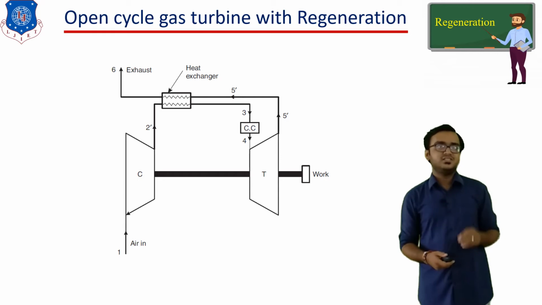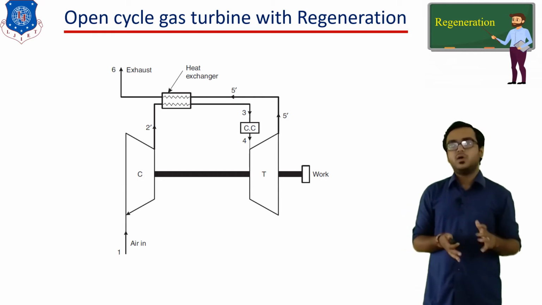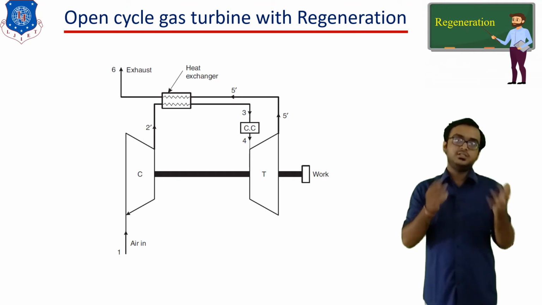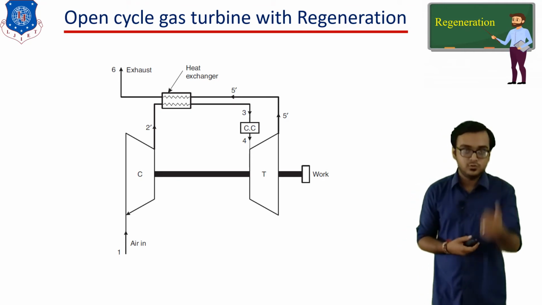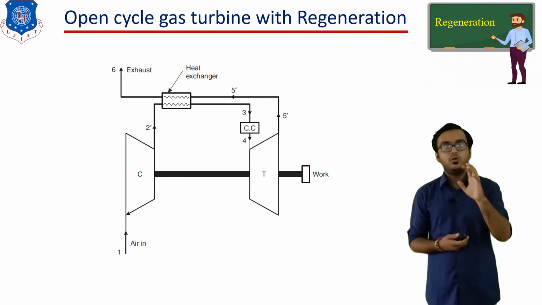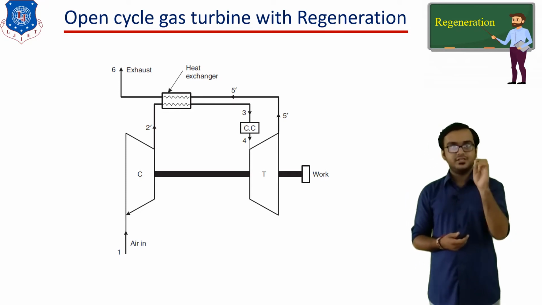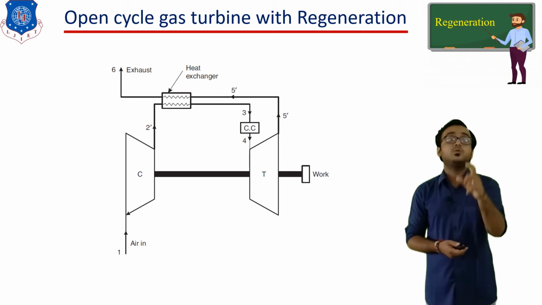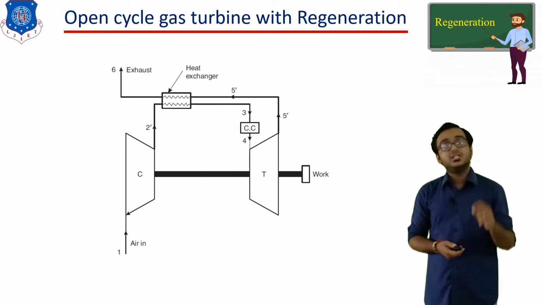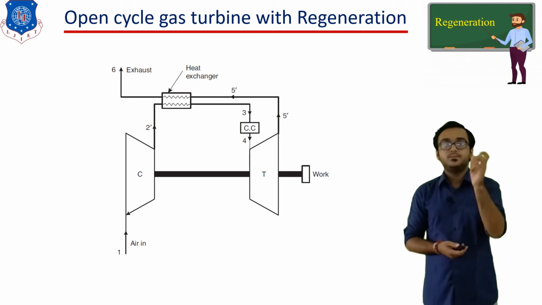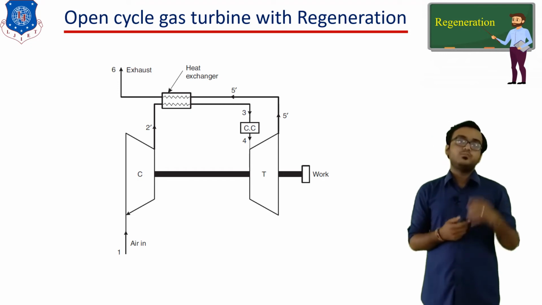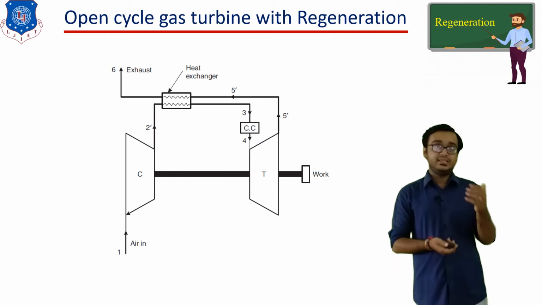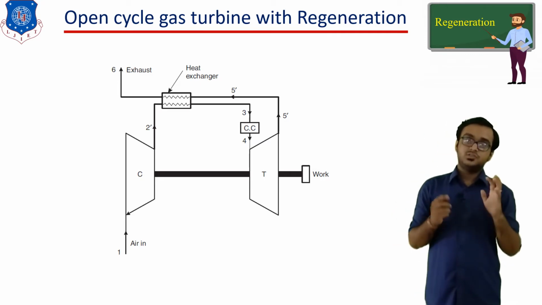Okay, regeneration is one of the best techniques by which we are able to improve the efficiency of a turbine, considering the environmental aspect also. So it is all about the regeneration. In regeneration, you need to keep only one thing in your mind: you need to provide one heat exchanger in between the combustion chamber and the compressor, so that we can minimize the amount of fuel that we use for the heating purpose inside the combustion chamber.